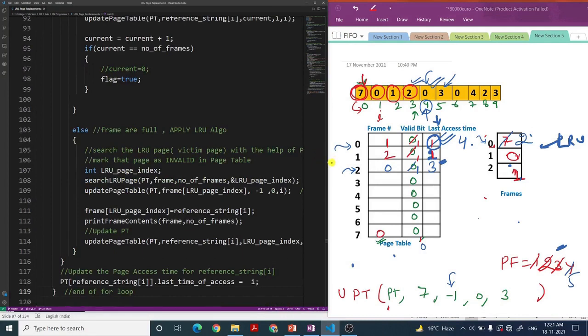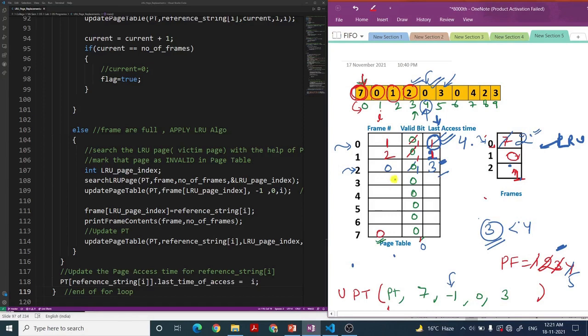So for 3 basically I have to find the minimum. So for 2, what is the minimum time? For 2 basically 3 is the minimum, right? Then for 0, I'll apply this search LRU, because it is actually finding the minimum. For 0 the time is 4, but 3 is less than 4, so the minimum is 3 only, that is the index 2 only.